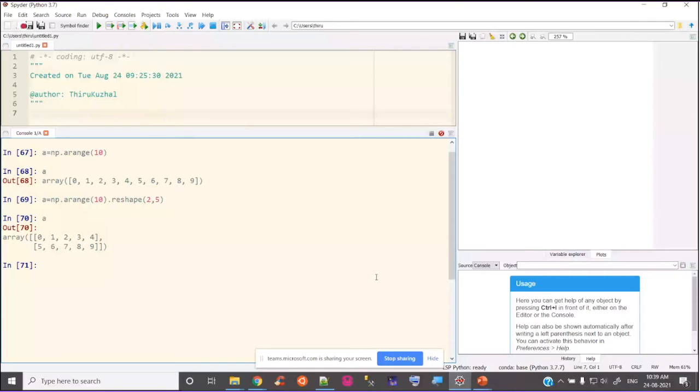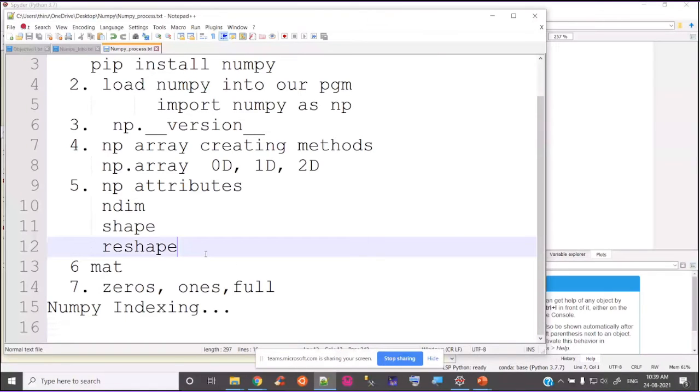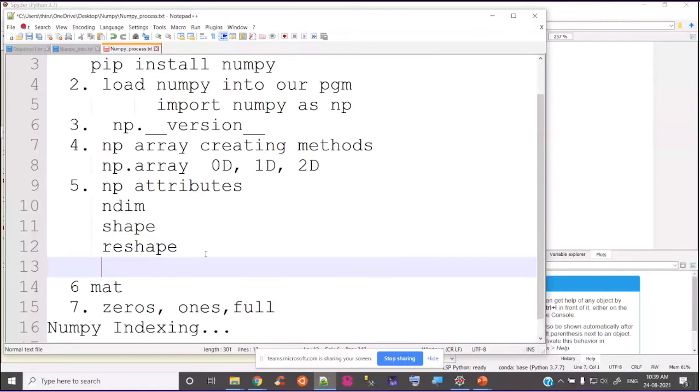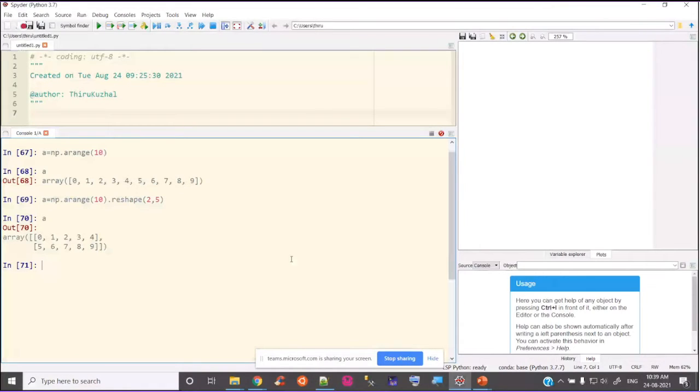Okay, so this is another function we have discussed: arange. Then I want to create random values. So simply I want to create np.random.randint of 10.